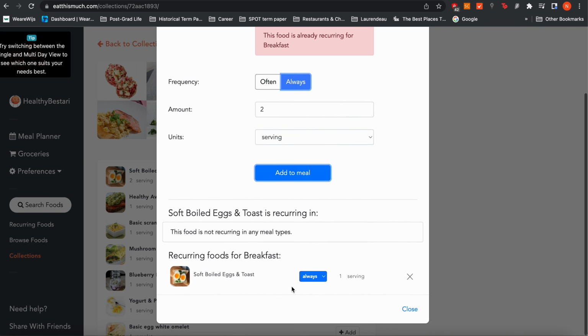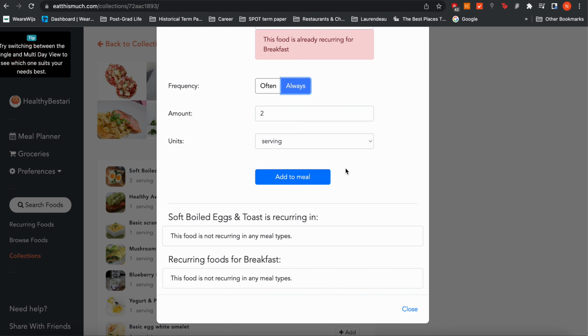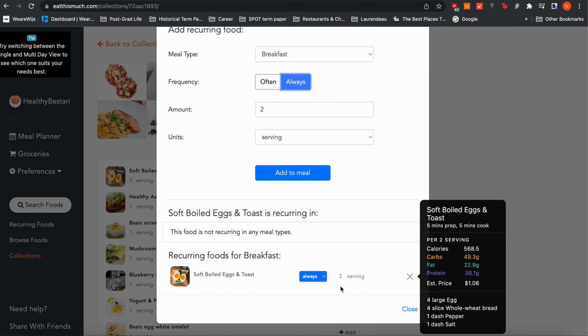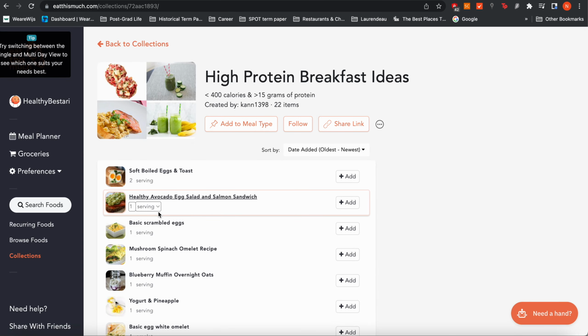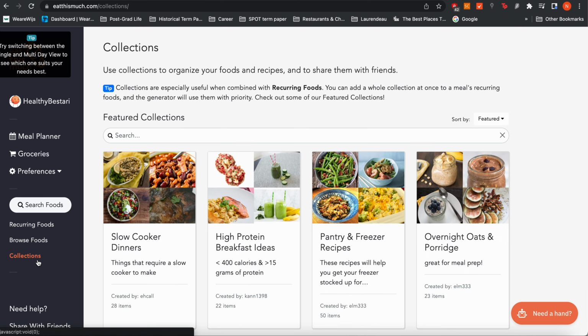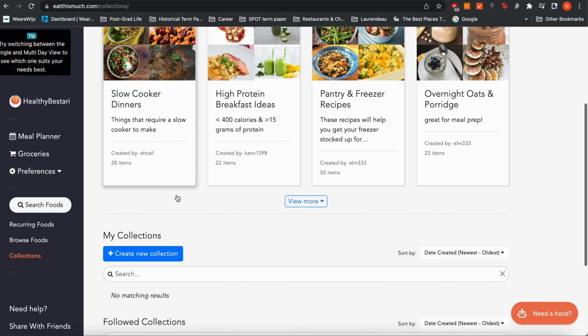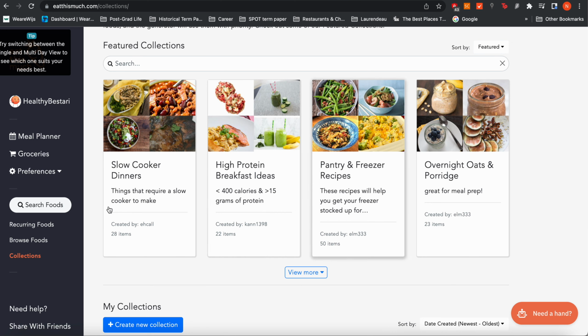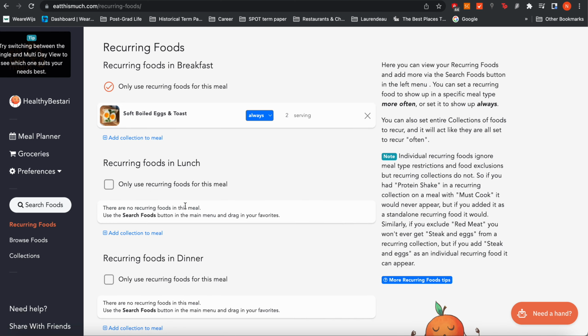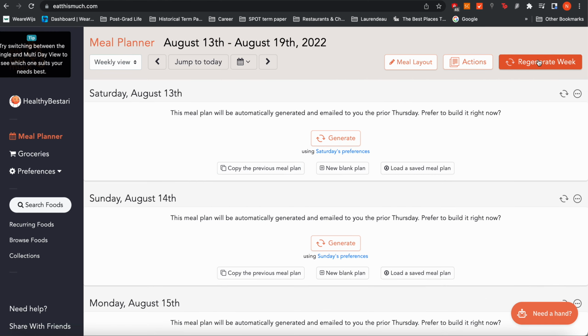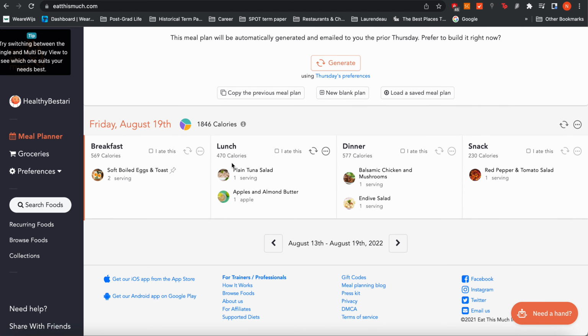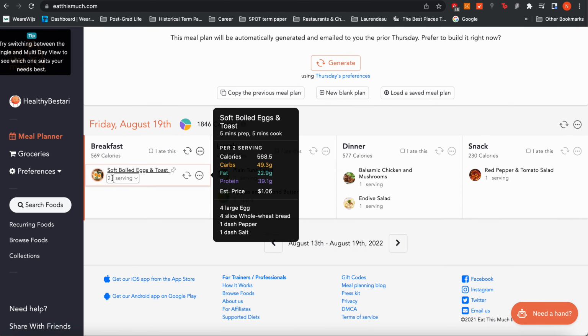So that's the same one that I did here. I'll just remove that and I'll add to meal. There you go. Perfect. So now, again, my food collection. These are all the recipes that are available that you can then put within your recurring meals. And then from here, I have it as a generate. If I regenerate my week, there's always going to have that 2 servings of